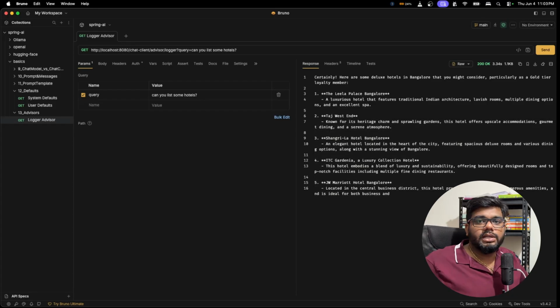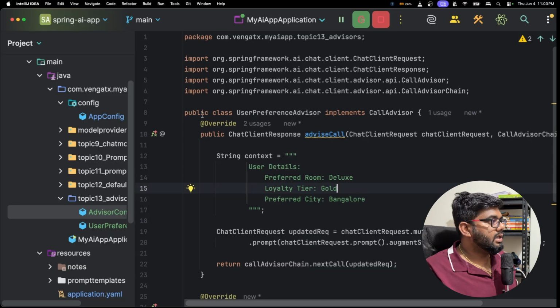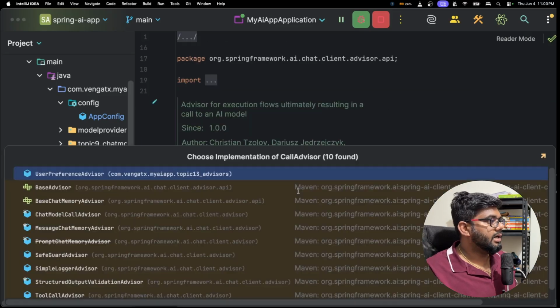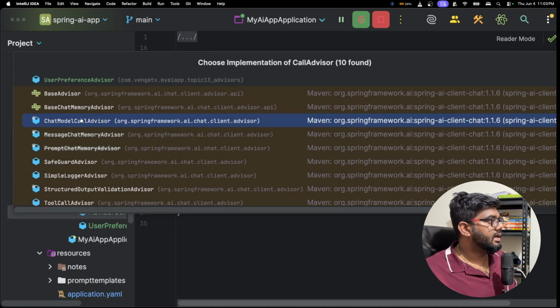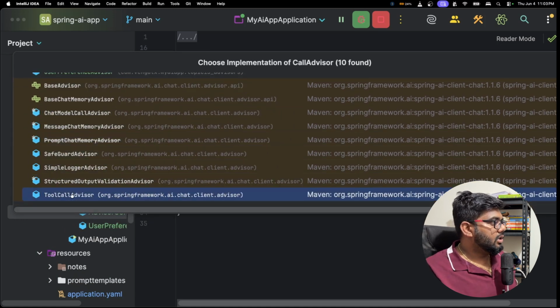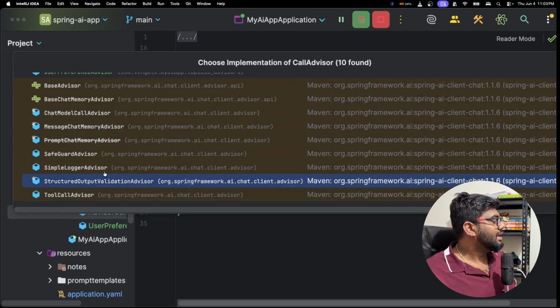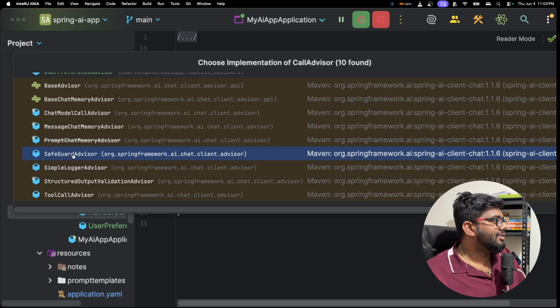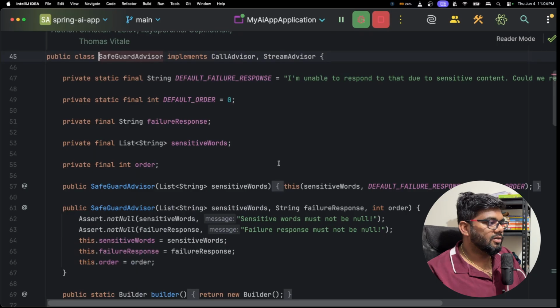Okay, so this is all about the advisors. By using advisors you are able to intercept, and I think I have shown you custom advisors also. There are a couple of advisors. Maybe if you go here and look at the implementations, you can see these are the advisors which are already there: safeguard, tool call, memory chat advisor, chat model call advisor. Maybe I'll open the safeguard advisor, which is nothing but if you have any sensitive words,